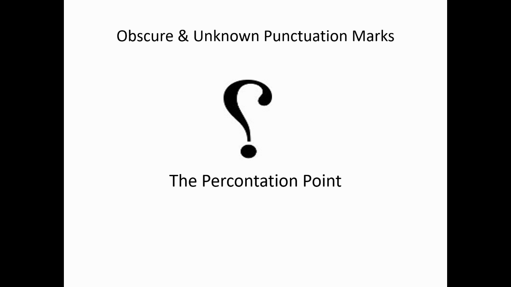Now, this is the Percontation Point. About 1580, we had someone who created this thing called a Percontation Point, which is also referred to as the rhetorical question mark. It's a question mark which is backwards, because what if you asked a question that you don't want an answer to, which is what we call a rhetorical question. So it's like saying, does any of this matter? And then you put a backwards question mark as a way of letting us know I'm not looking for an answer. It's simply